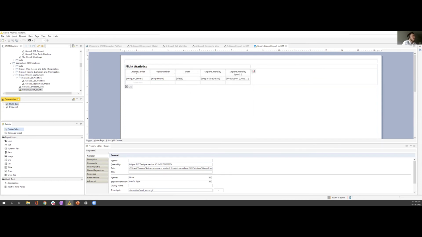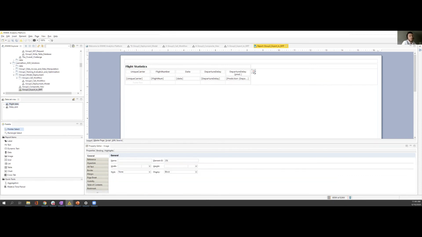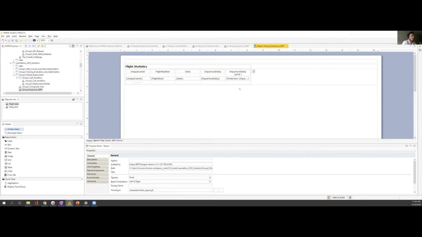And this is what we have done here. Automatically, once we select the different variables, the table will be created. We added here a text that basically refers to the flight statistics. And then we have added also an image, which is not visible here when we create the report, but once we run the report,